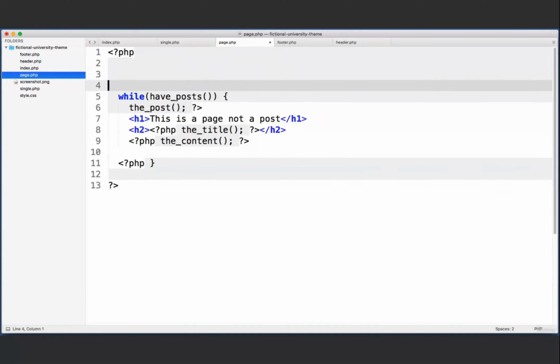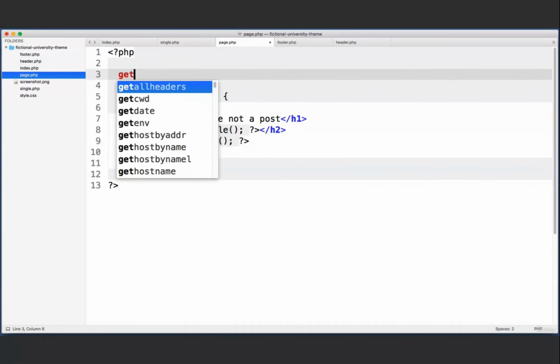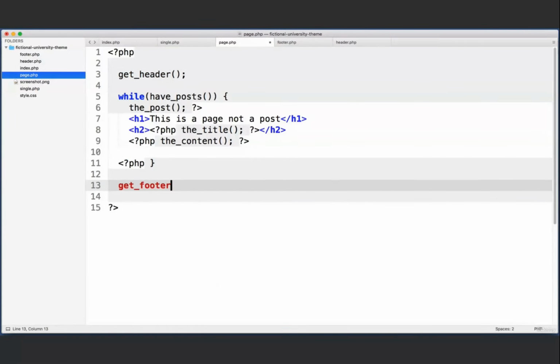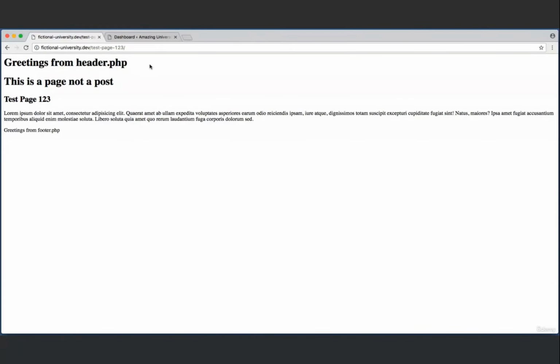And let's pull in our global header and footer. So get header, and down here below the curly bracket, get footer. Cool. So now whenever we update header.php or footer.php, we can rest assured that our entire website globally will be